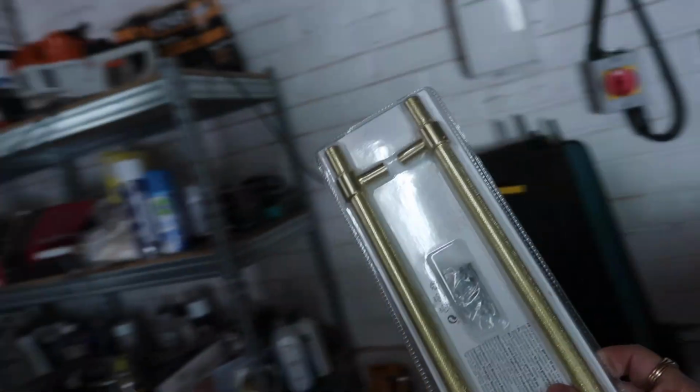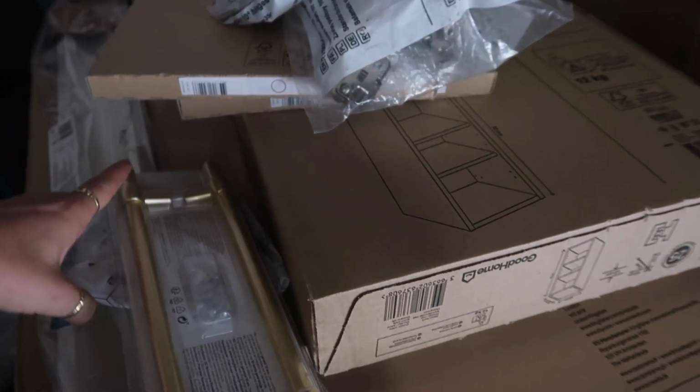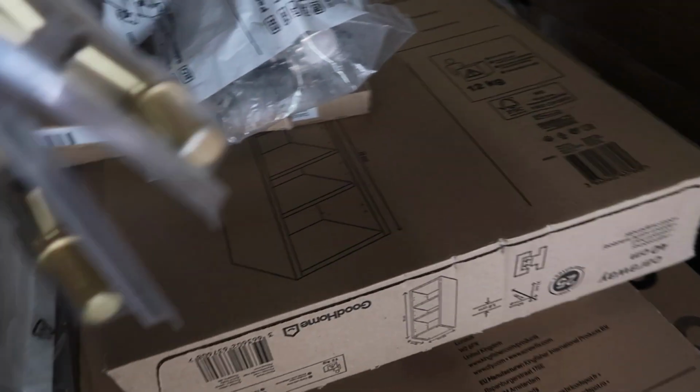I am obsessed with these gold door handles. It's literally going to be my kitchen of dreams. So yeah, I got 4 of them. There's 3 doors, but then I'm going to use one of these for the drawer that comes out under the bed. Let me just put these somewhere. Corner unit divider,